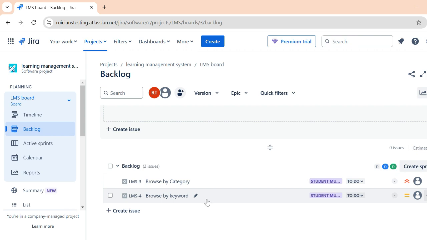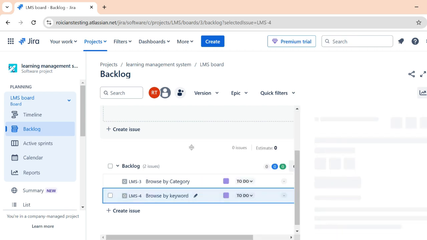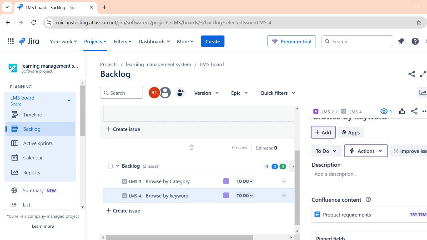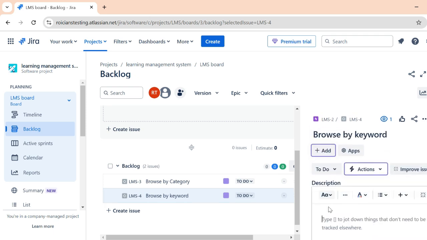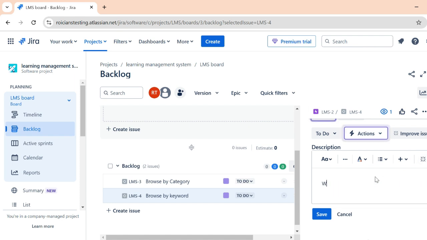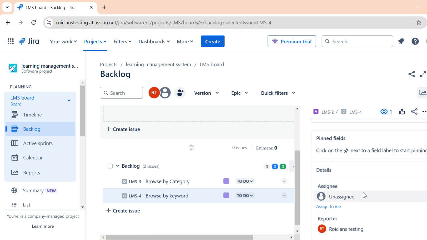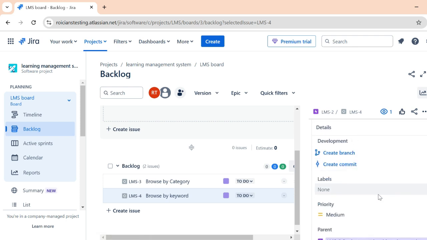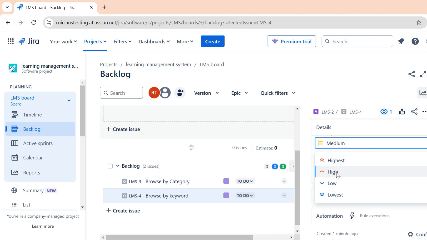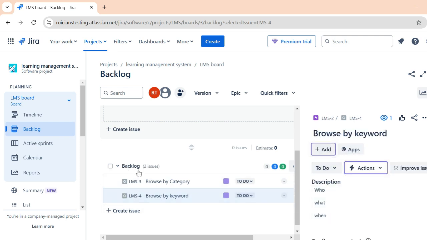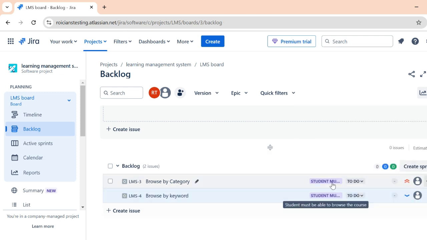Again, if you want to add details to it, you can double click and you will see the same window opening here. So here you can add a description by saying the same thing, who, what, acceptance criteria, etc. You can add it here. Then you can assign also, you can prioritize this. I'm prioritizing this as, let's say, low, and accordingly if there are any comments, we can give the comments. And this is how you can add a story from the backlog also. So that's all. Just close this and you will see everything is updated here.